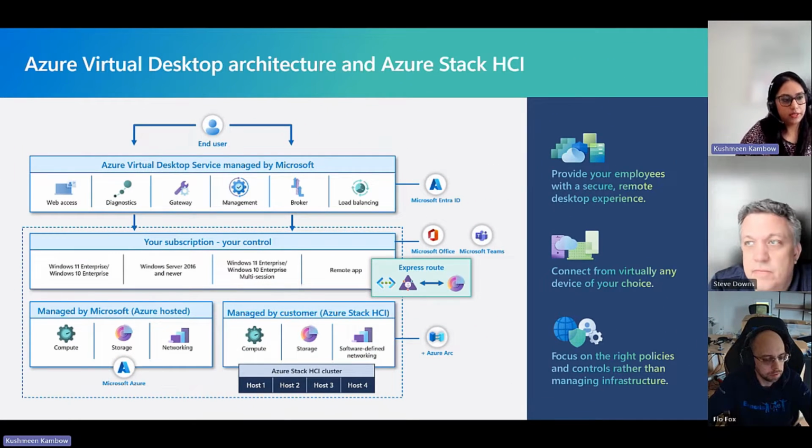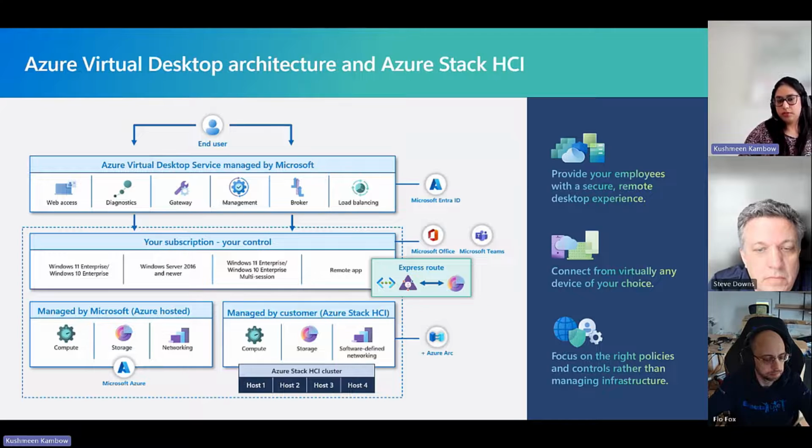Okay, but yeah, you already said there are still components in Azure. So I often get the question, now I have AVD on HCI. Is it a completely local disconnected scenario, or are there still services and components running out of Azure where I need to have that connectivity to the public cloud, to public Azure? Yeah, absolutely. I'm going to go ahead and share a slide. So to answer that question, I'm sharing this slide here.